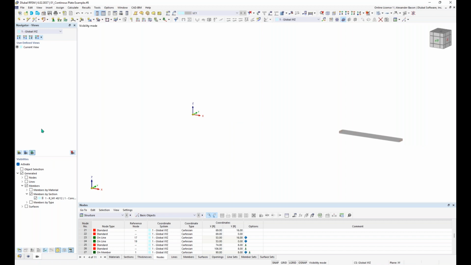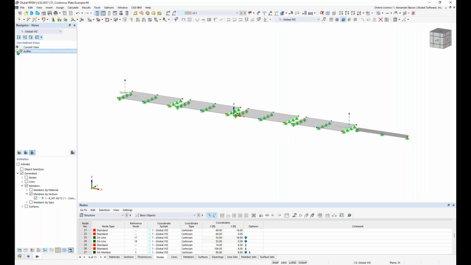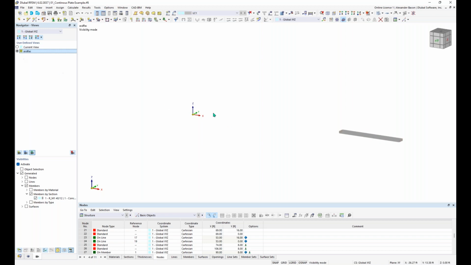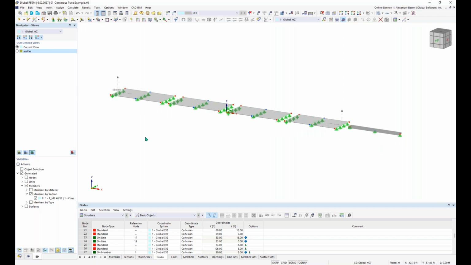And you can also create user-defined views. Let's say I want this to be a view that I want to see a lot, so I can click on this button and I can just name it something random. Now if I want to see this custom view, I can simply click on the button here, and then I'll see that view pretty easily. So we can turn off visibilities,